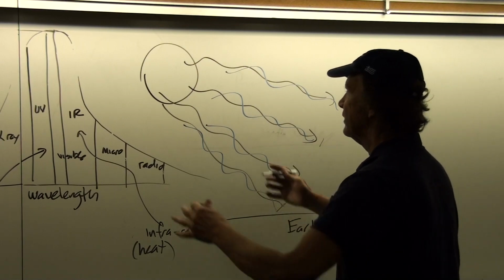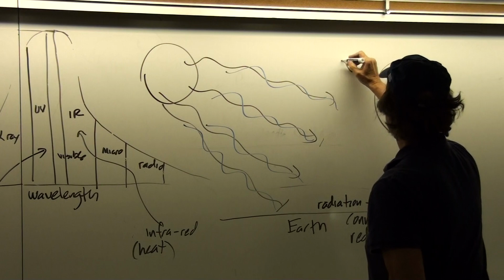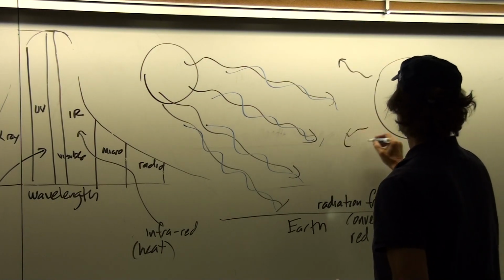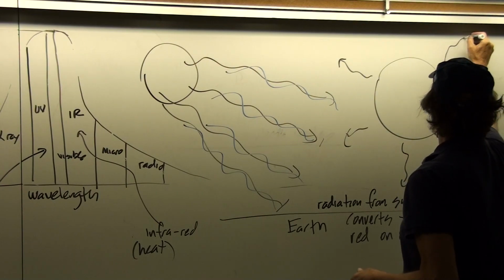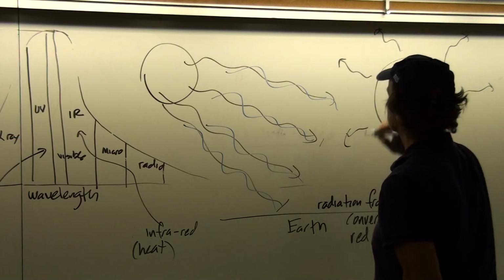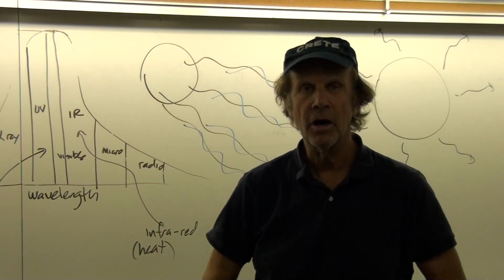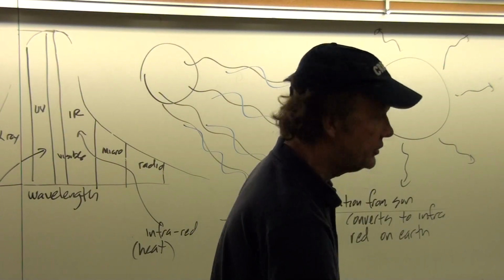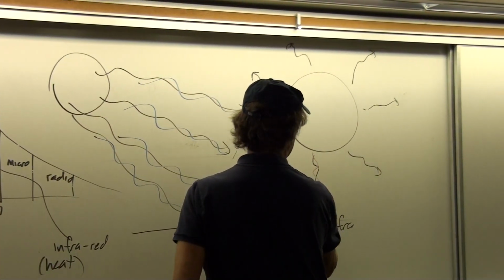So in other words, the earth absorbs the radiation, and then the earth radiates in infrared. So the earth is doing a similar kind of thing to what the sun is doing, but at a much longer wavelength, lower energy rate. So this infrared comes out like this,